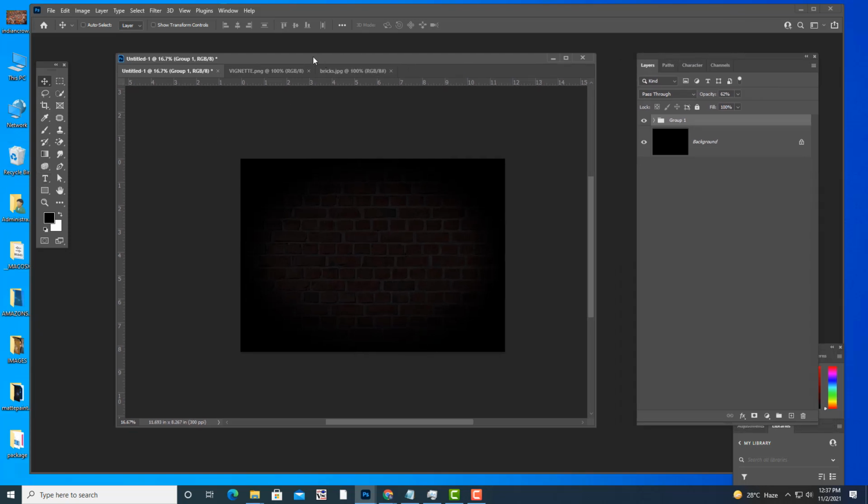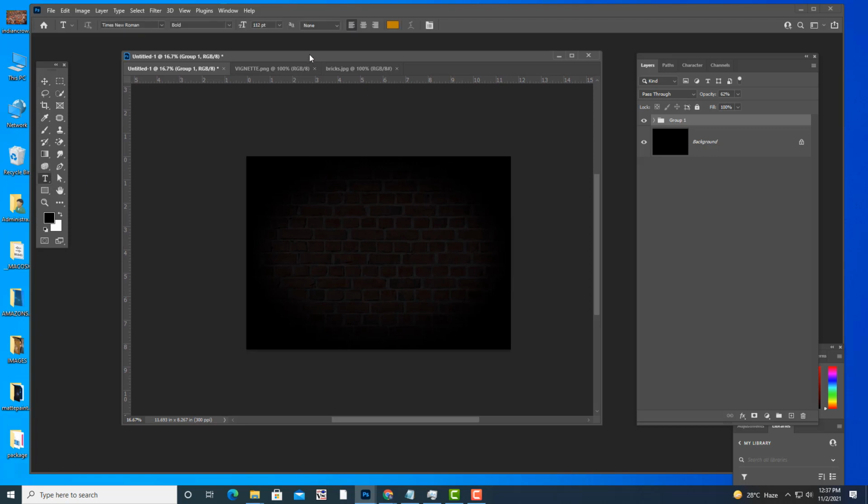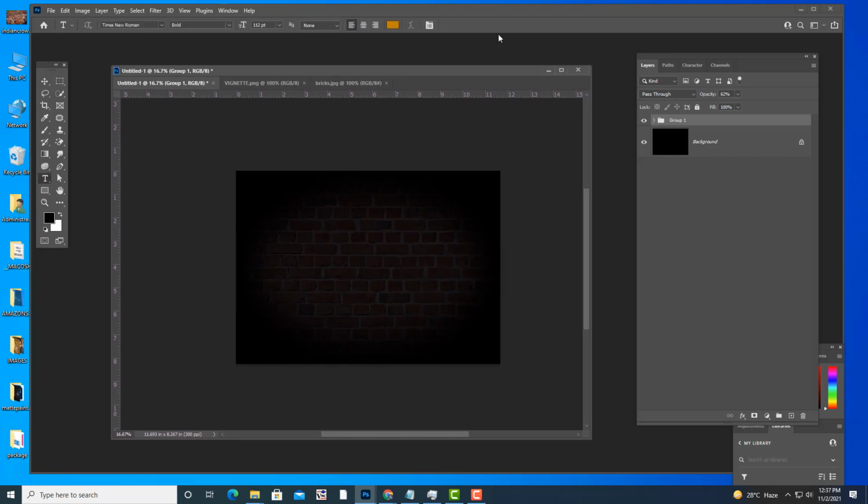For neon glow, the first important thing is we have to select the right font. You can use any font, but the perfect font for neon glow is a rounded font. Any rounded font is good. What do I mean by rounded font?